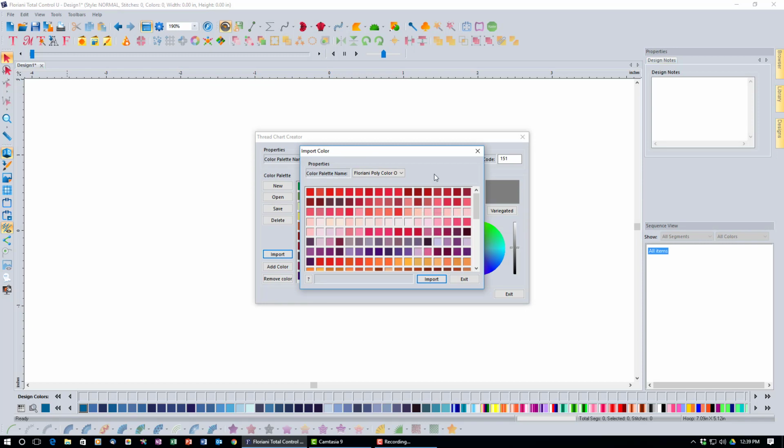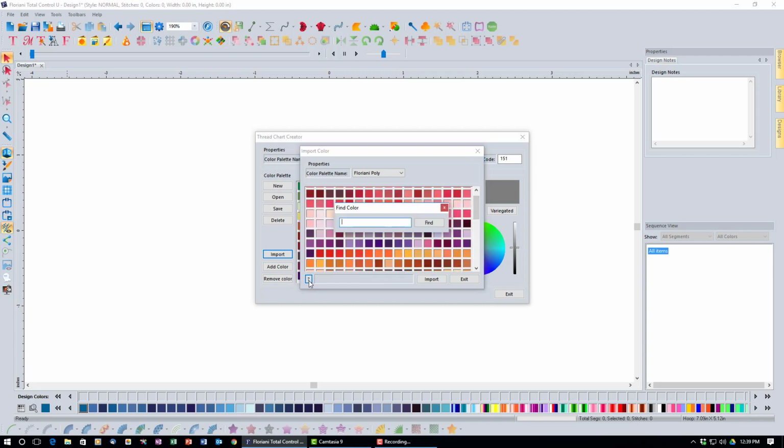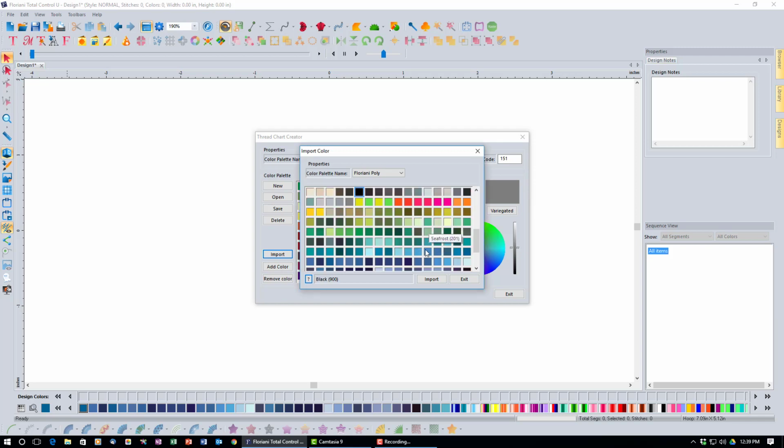I can choose any other color palette. All right, so I could choose Floriani Poly, and I know that black is in here, and I can either search for it this way, or if I want to, I can click the little question mark box here, and I can search for it either by number or by name. So I know it's 900, so I can type in 900 and click find, and it'll go highlight black for me. I could also type in black, and when I have this color selected,